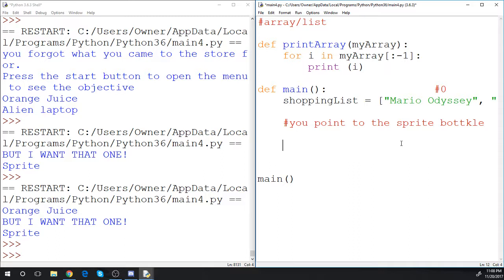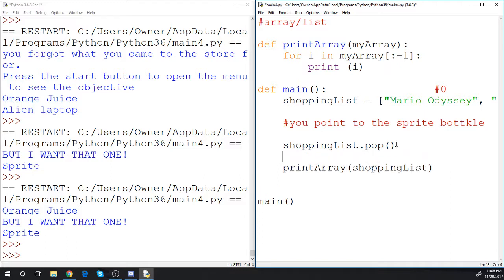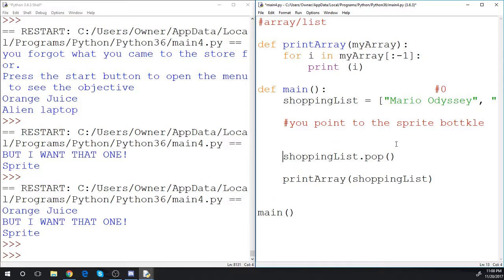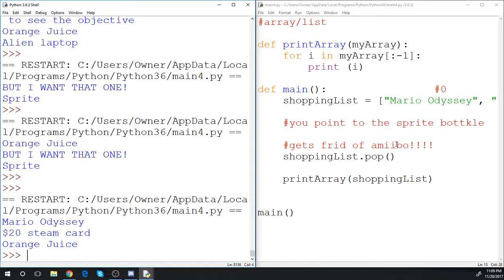Let's just say I want to remove the Alienware because that's too expensive, and it's pop. Pop is the function, and to use that I need to, oh, it just pops. It pops at the end. That's what it does. So if I do this and print the array shopping list, I'm just gonna show what pop does. Pop gets rid of the amiibo. Oh no, there goes my collection. So if I just run the code now, hopefully with no errors,